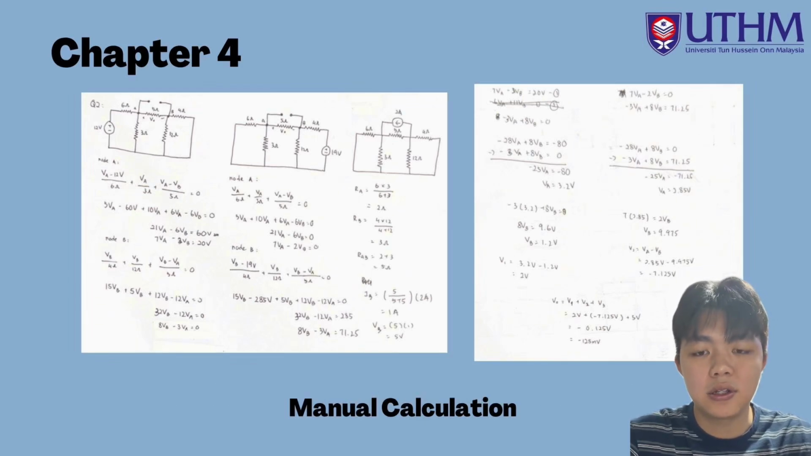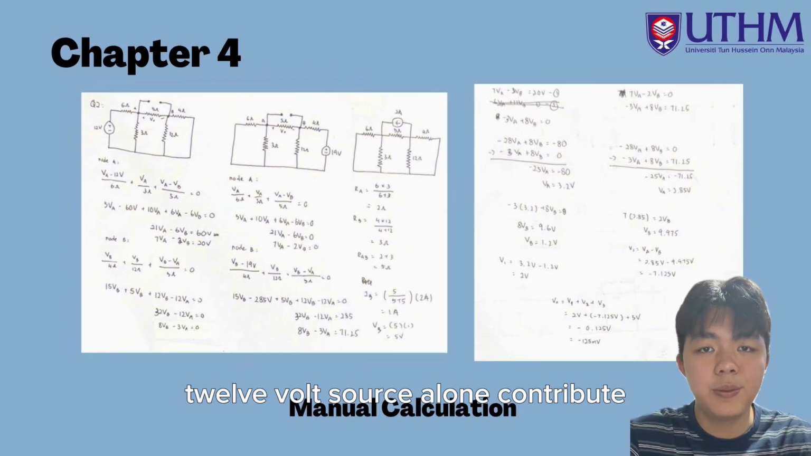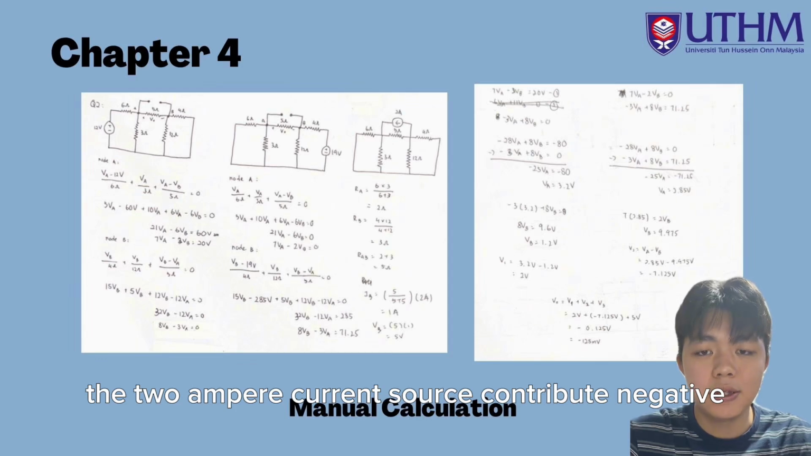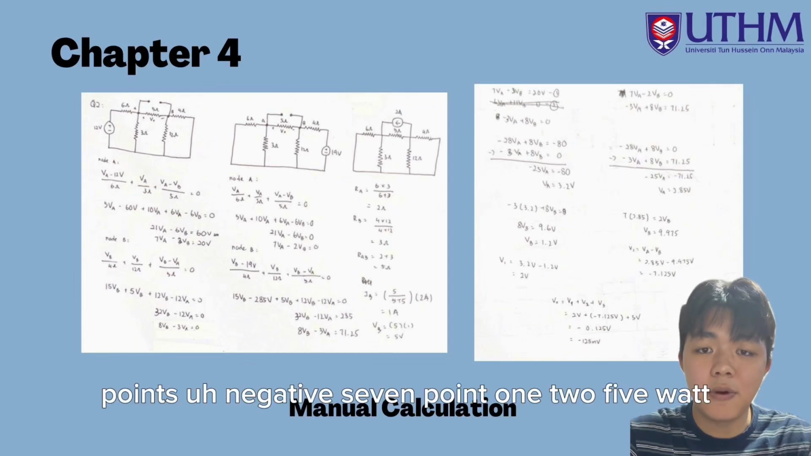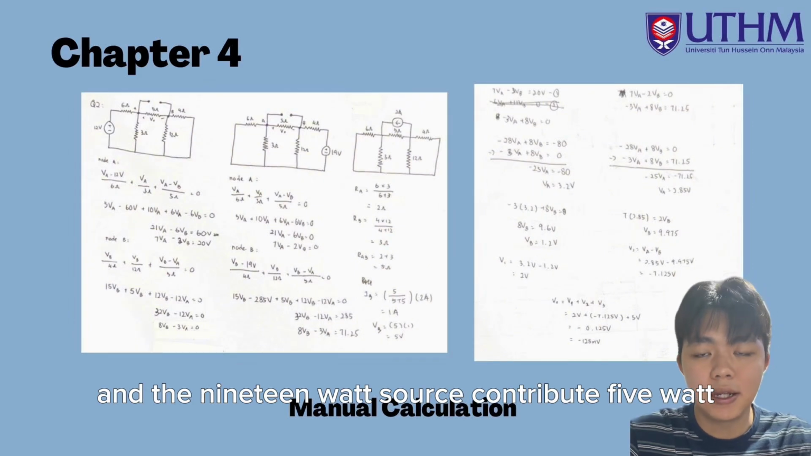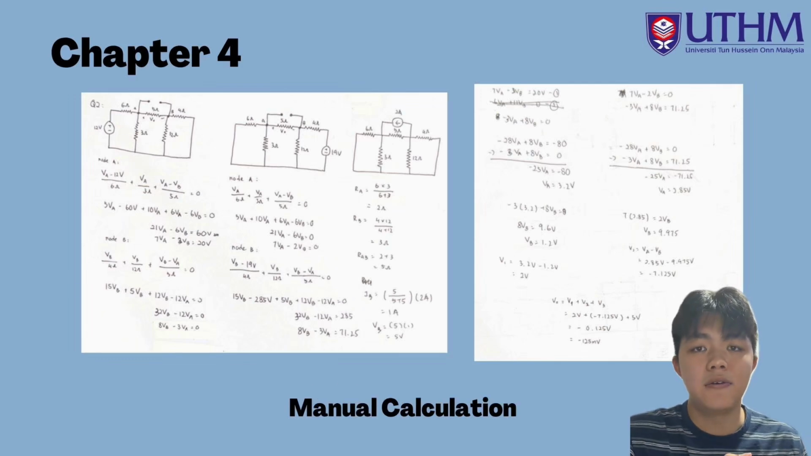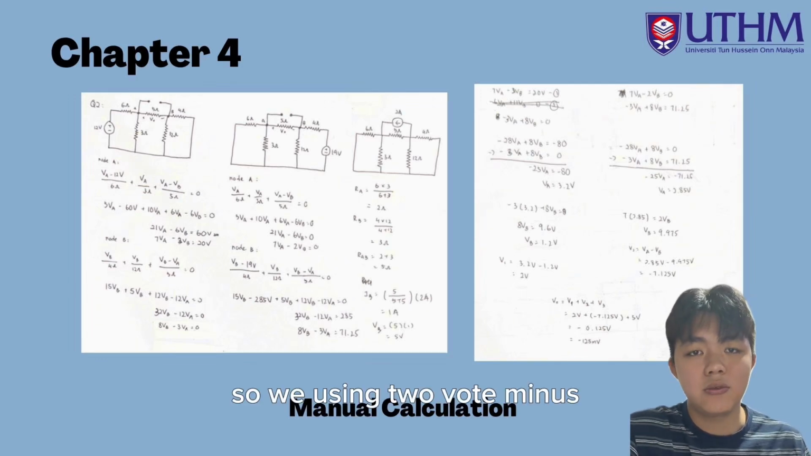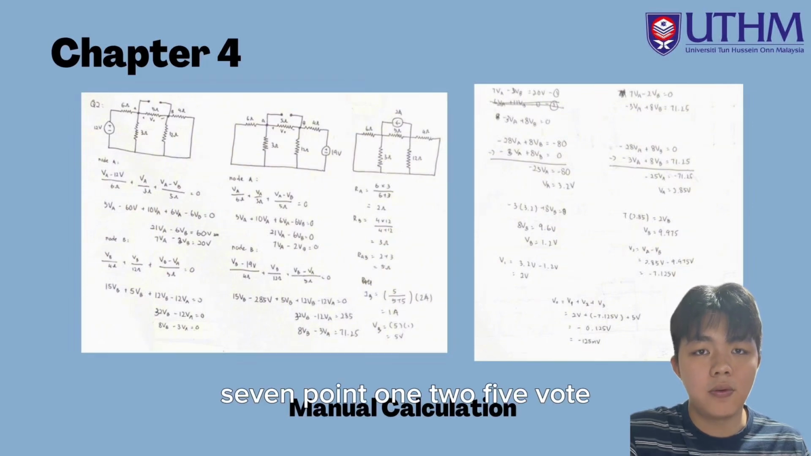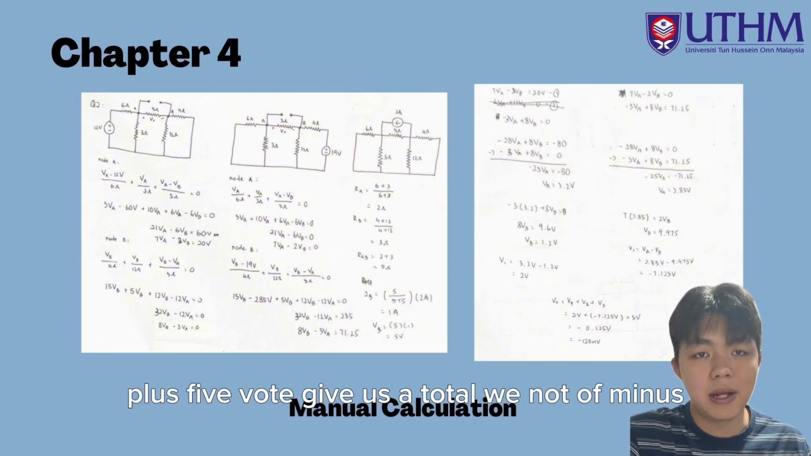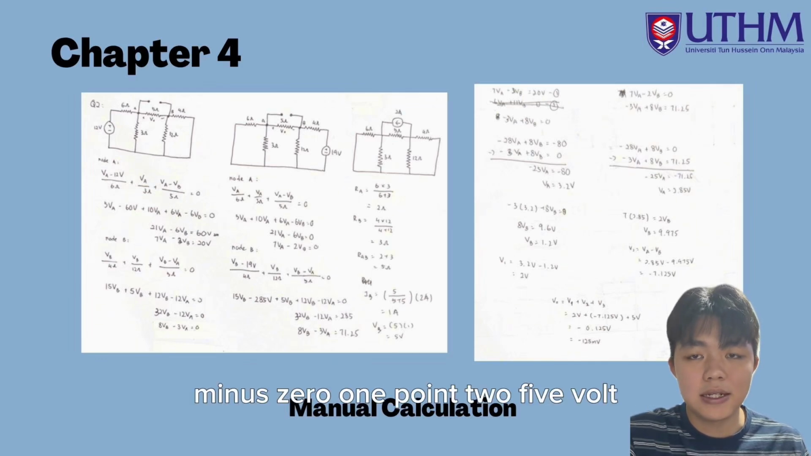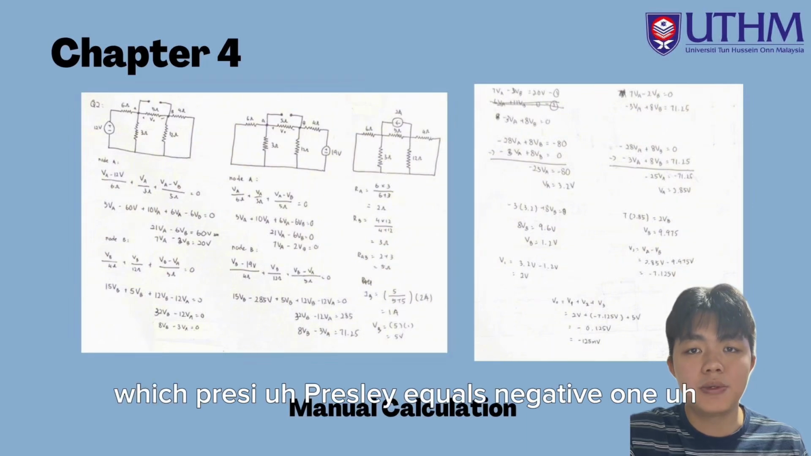So the 12 volt source alone contributes plus 2 volt. The 2 ampere current source contributes negative 7.125 volt, and the 19 volt source contributes 5 volt. Assuming these values together, we're using 2 volt minus 7.125 volt plus 5 volt, which gives us a total V0 of minus 1.25 volt, which precisely equals negative